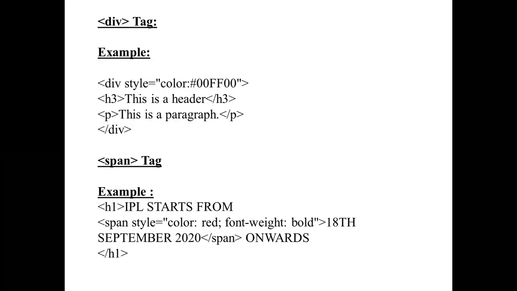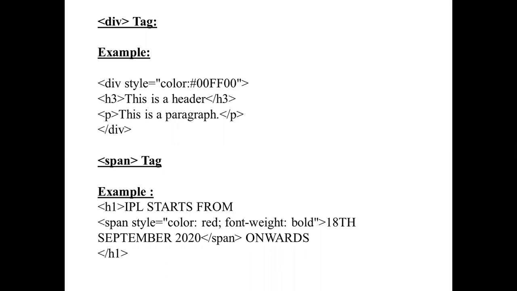Next one, div tag. The div tag defines a division or section. The division tag divides the content into individual sections. It is a block level container, that is, there is a line feed after the div tag. Last point, it is used as a container for HTML elements, which is then styled with CSS.